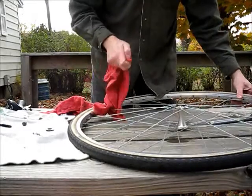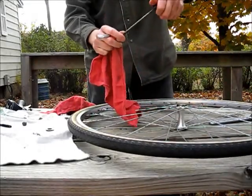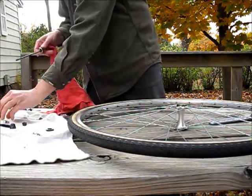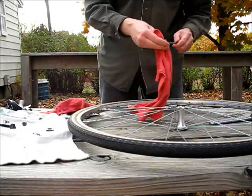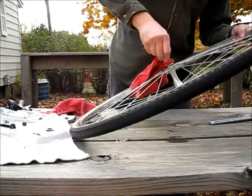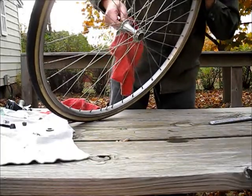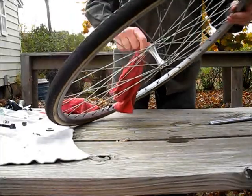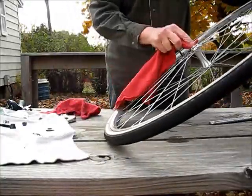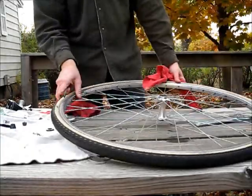You might need to take the end of your skewer again. Don't lose these little springs. Set them aside carefully, and you can use the skewer to help run the cloth through. Try not to scratch up the inside of the hub anywhere. We are ready to